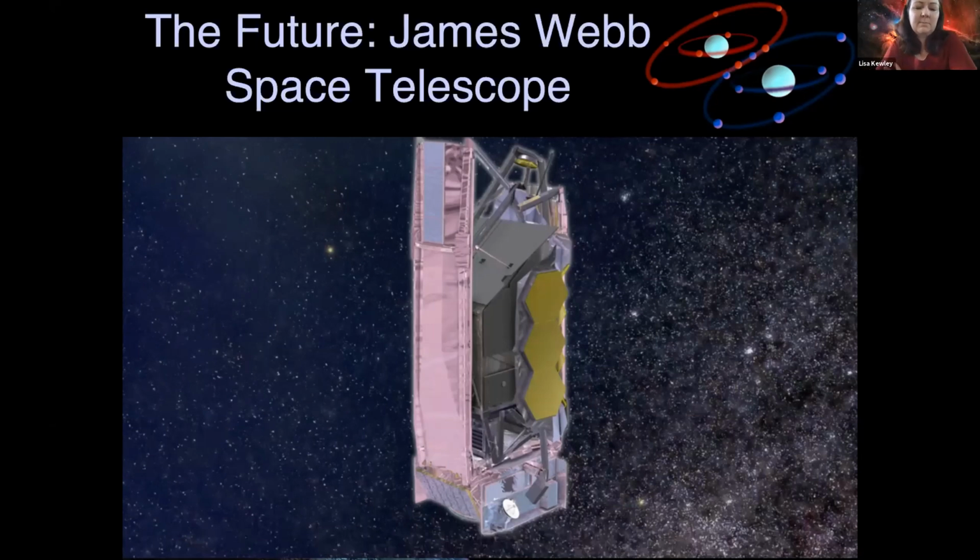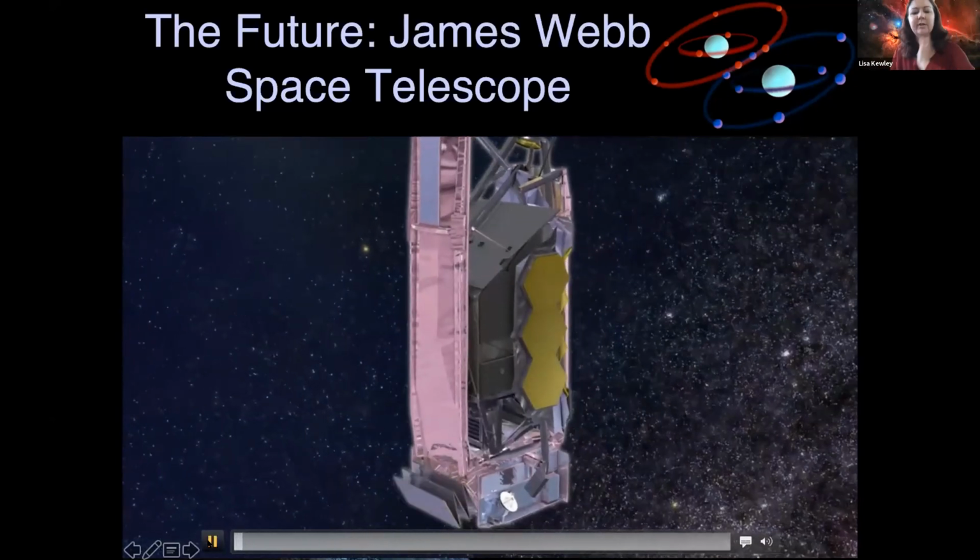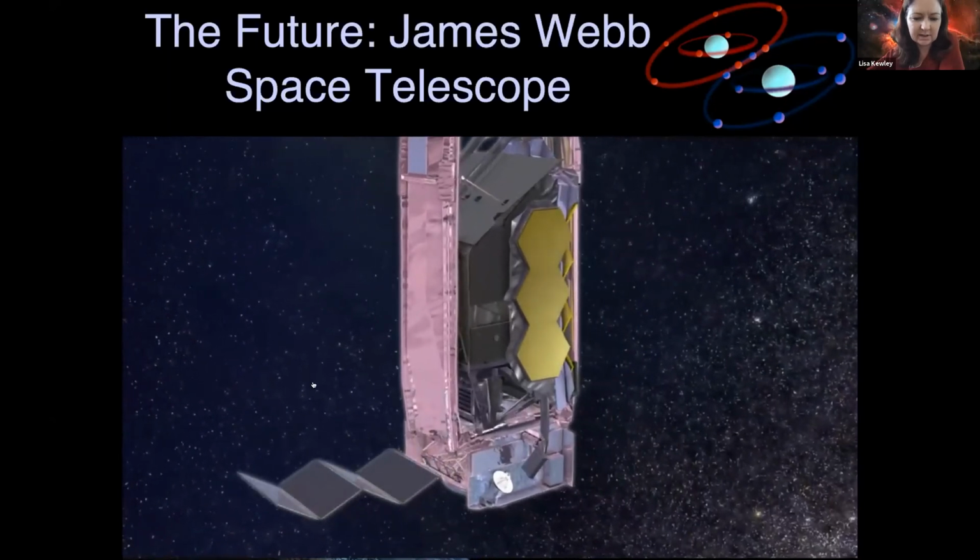So this space telescope is about the size of a bus, or a few buses actually joined together. And it needs to be very, very compact, or long and compact, because it needs to be launched inside a rocket. Once it's launched, then the rocket pieces disappear. They basically are just thrown off into space. And then the telescope itself can unfold. And it needs to unfold quite a lot because it has to be so compact to be launched. So I'm going to show you the movie of what happens now after it's launched into space.